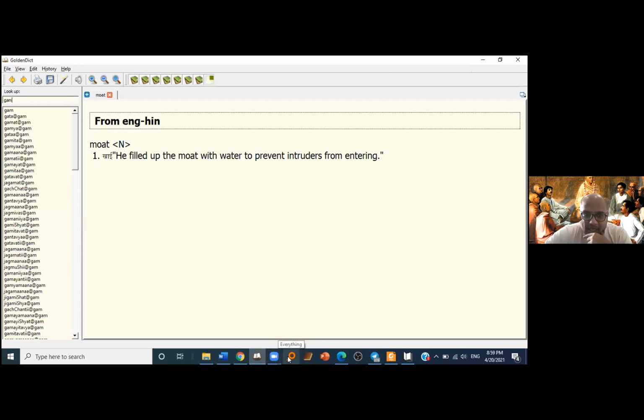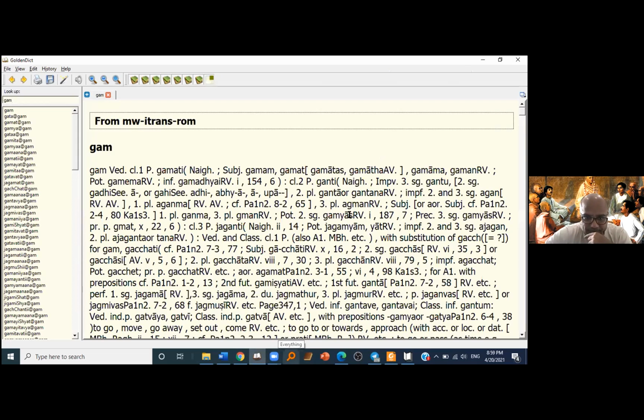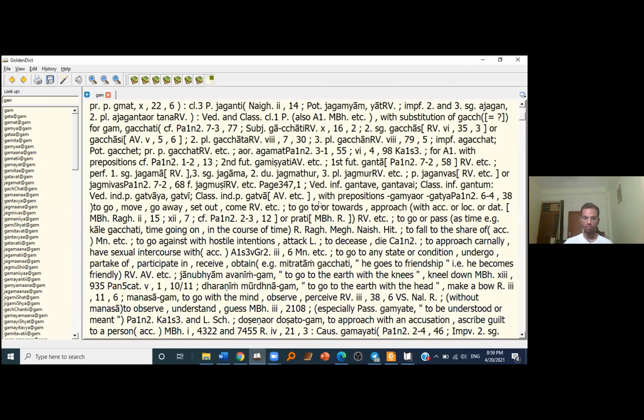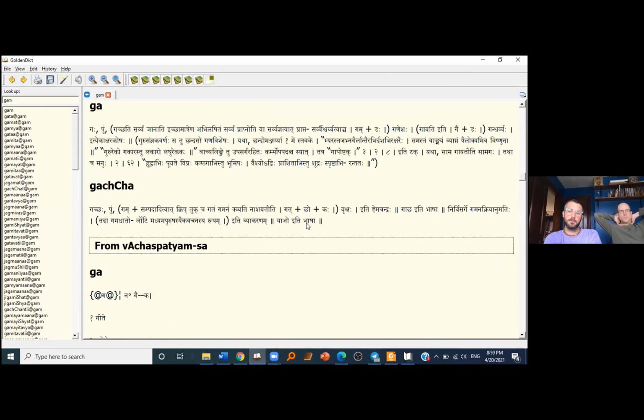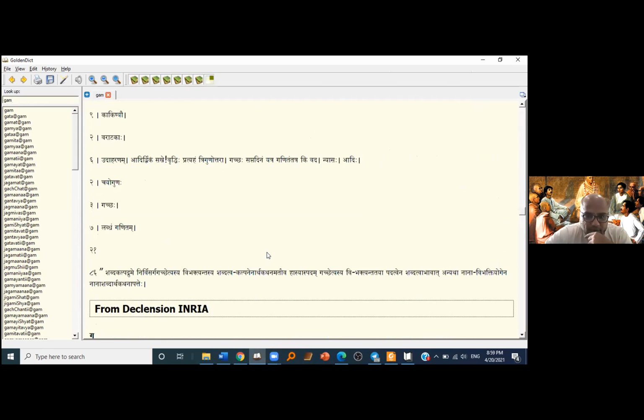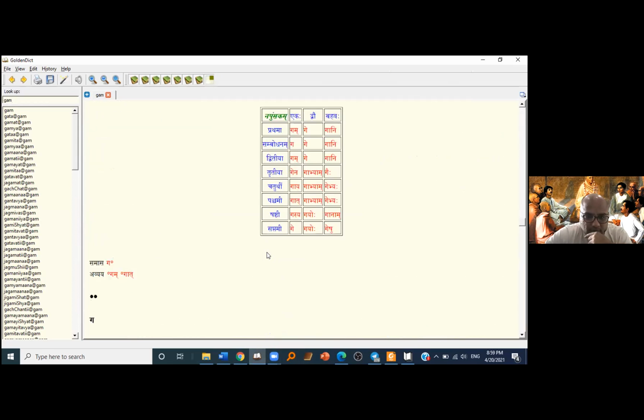Ajigamat or Agamat or Aganat. It gives three options. One minute. Ajigamat is something else, I think. Maybe that's, we have the causative. They say it might be the causative. No, the form is right, but